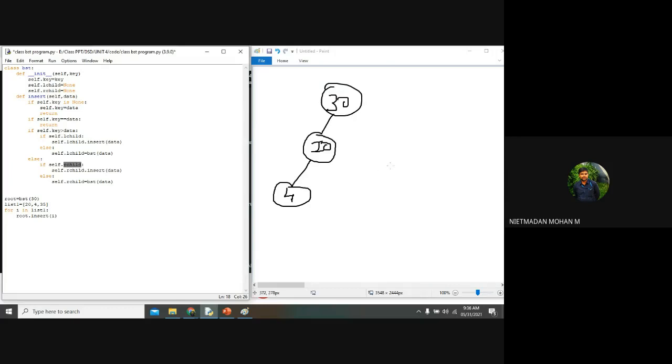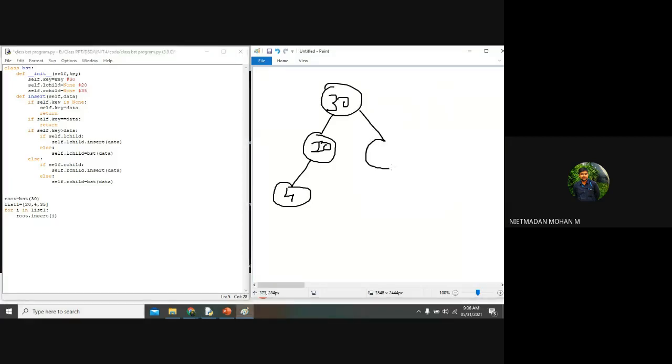On the right hand side there is no child as of now, right? Yes, sir. So this condition will be false and it will directly go to the else statement. Here self dot r child is equal to BST of data. So first the data we are giving is 30, already present, and here it will be 20, and now here it will be 35. So here the r child has been assigned the value of 35.